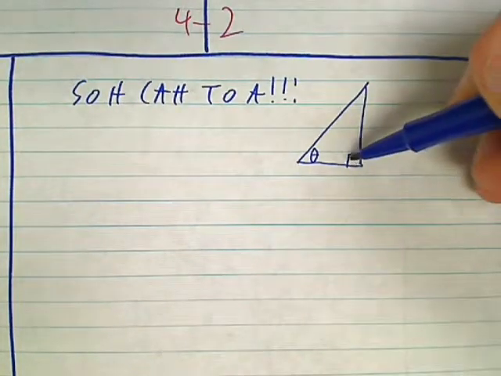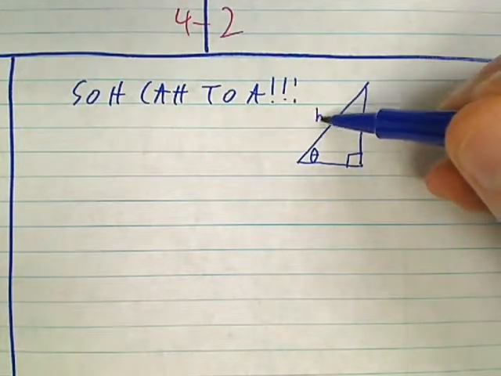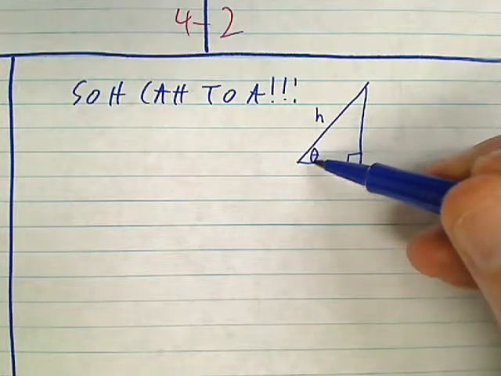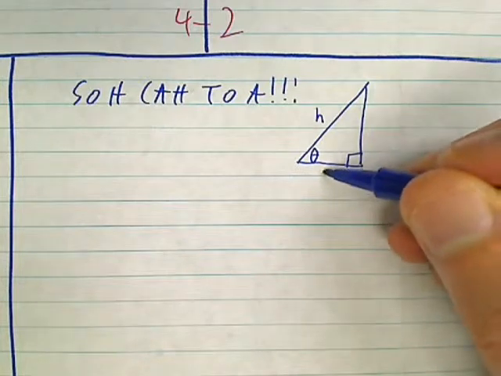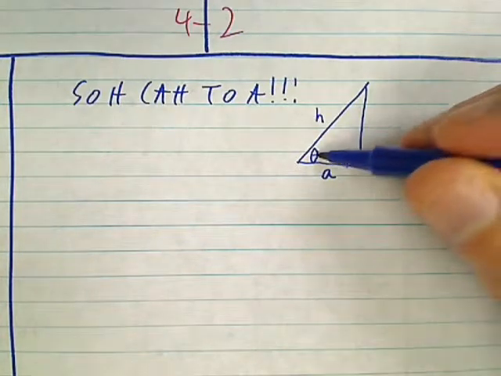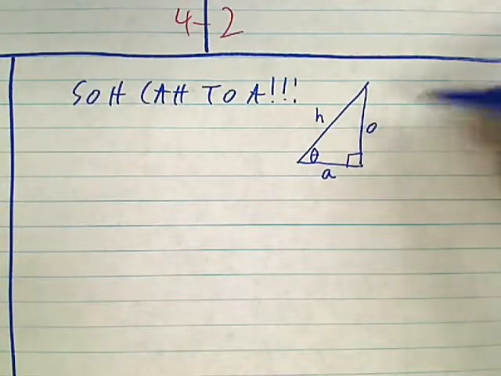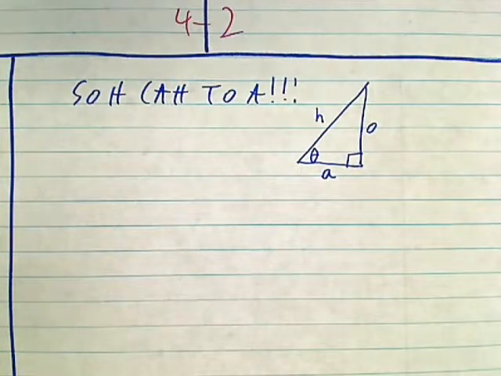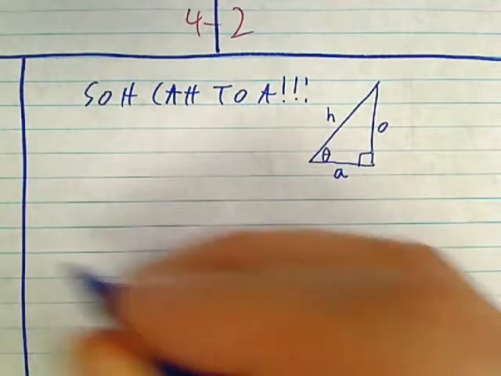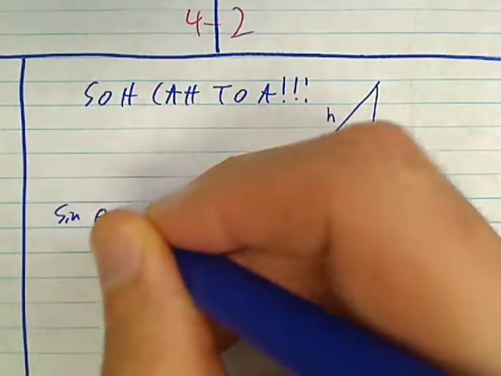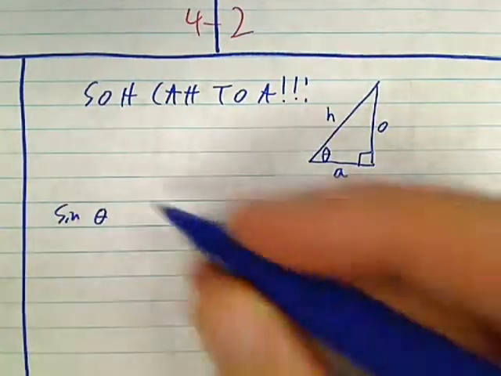The side opposite the right angle is the hypotenuse. Of the two legs, the side right next to the angle is what we call the adjacent side, and the other side is what we call the opposite side. I will abbreviate like that. So sine of theta is opposite over hypotenuse,